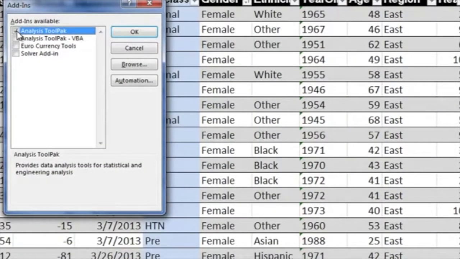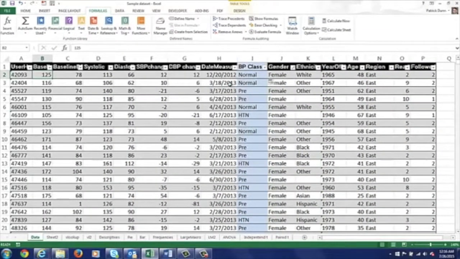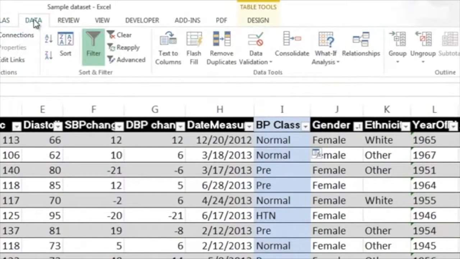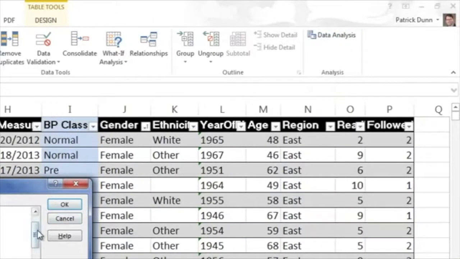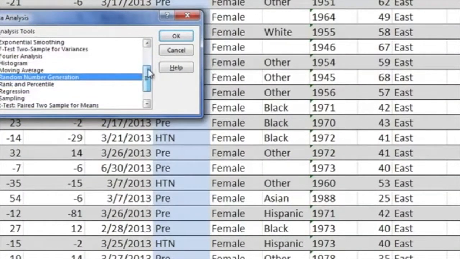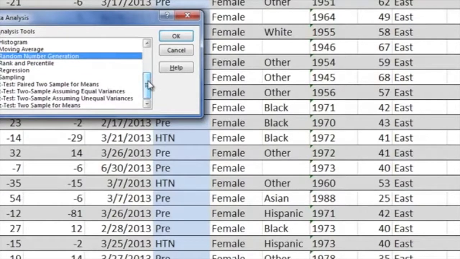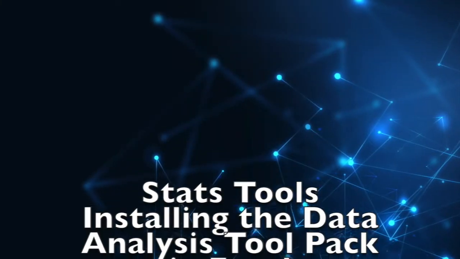And I'm just going to check the first one here, analysis tool pack. And it's going to load here, and you're going to find this in the Data tab. So over here you have your data analysis tool pack. So I'm going to click here and look at all of the different types. You can run ANOVAs, you can run correlation and regression, and here we have again our t-tests. So